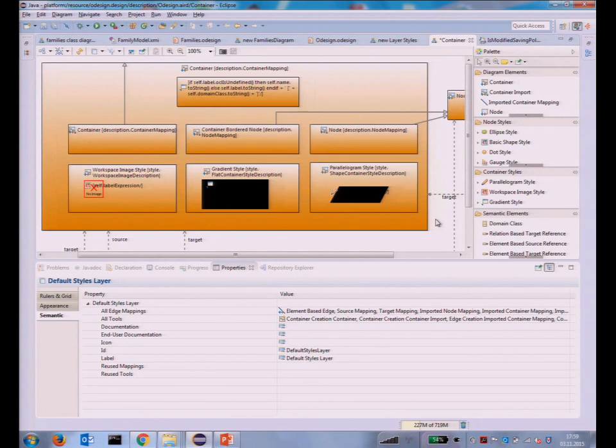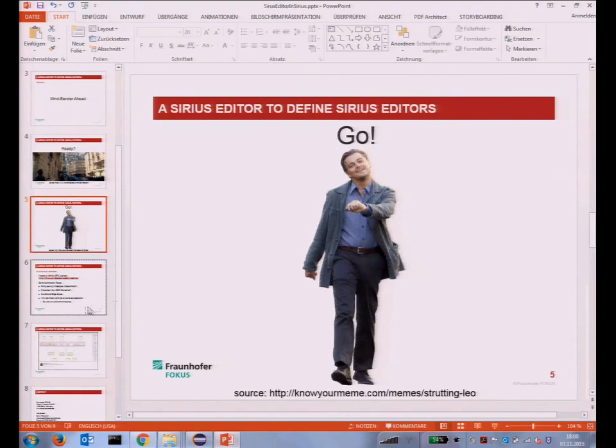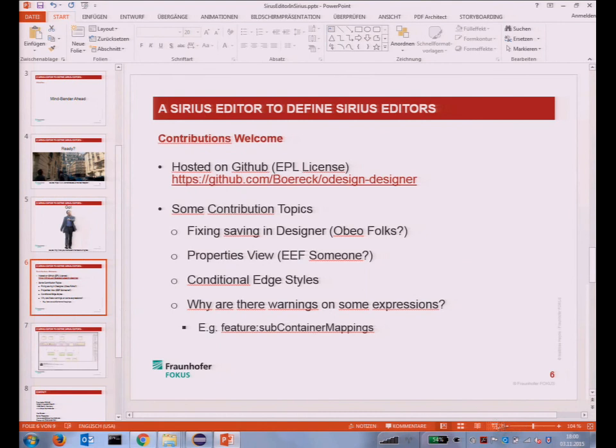The problem is that it's hard-coded in Sirius that Sirius can't save odesign files. And I've asked in the forum, and they said, well, it's because we have some test cases that actually modify odesign files, and we don't want to save them. Obeo guys, maybe we can talk about it, right? And find a solution. That would be great. And yeah, so this is just my